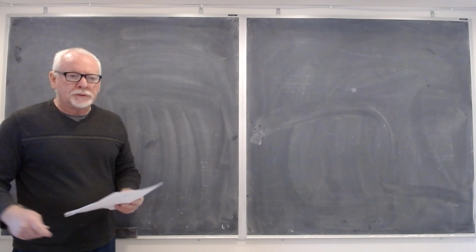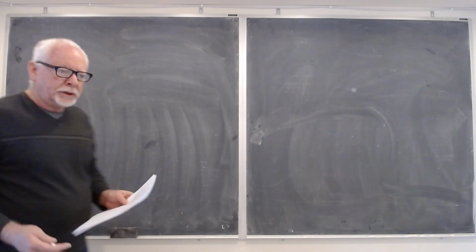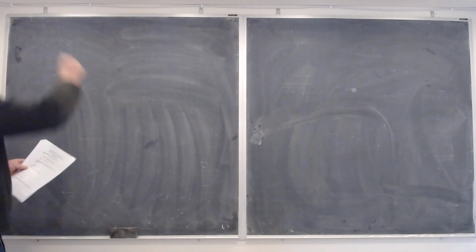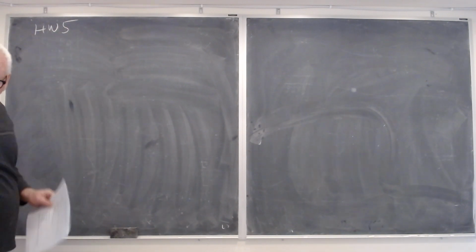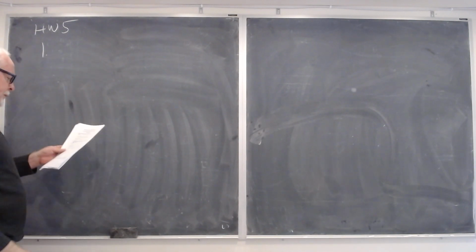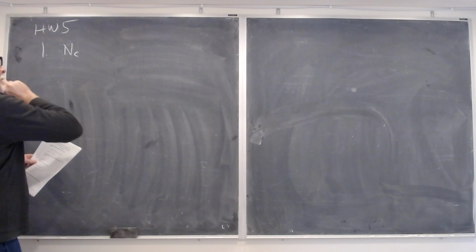So this lecture, first, we're going to go back over homework 5, which we kind of missed last time, and so I'll do that now. So homework 5. Okay, so problem 1 was pretty straightforward. You were to show the units of effective mass,